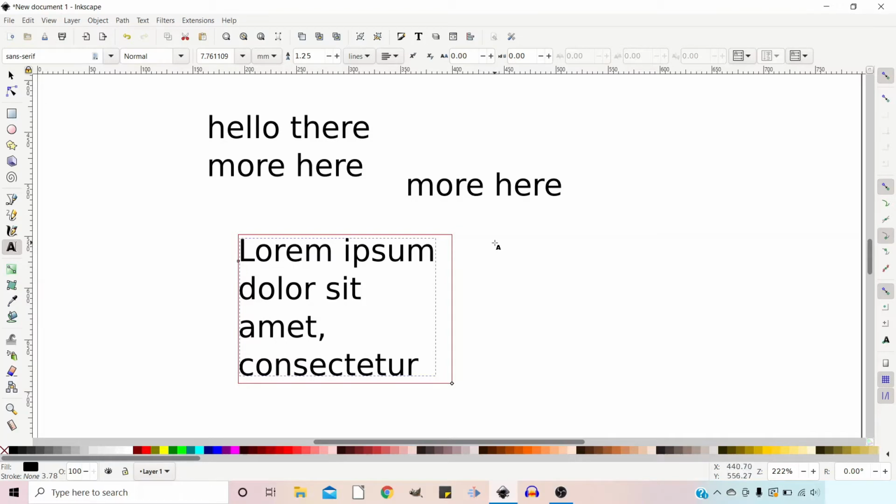What other options have we got? If we look at the top, so we click off up the top here, we've got all the options that are available with our text tool. So the first one is font. So if we select